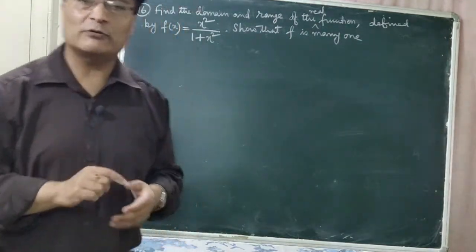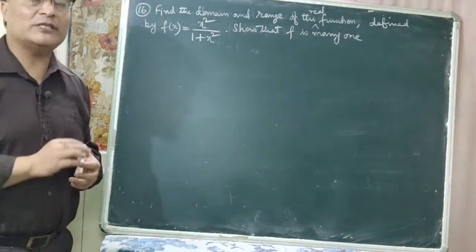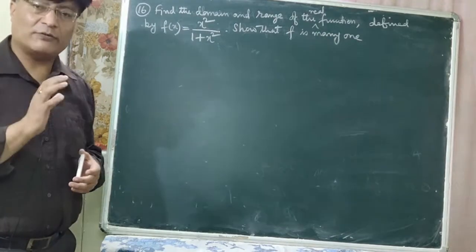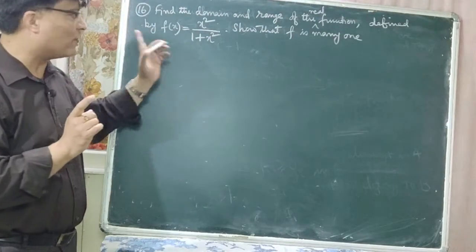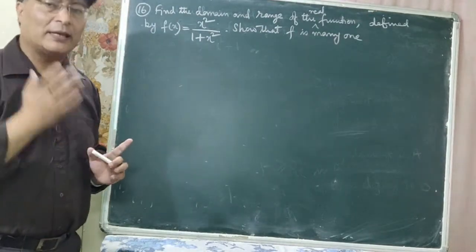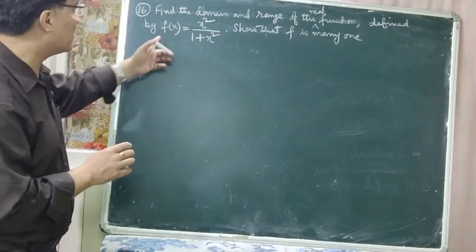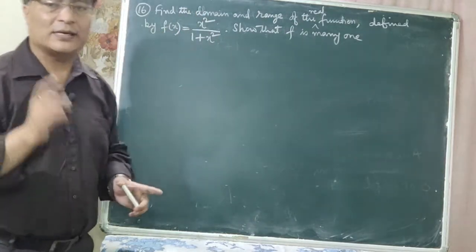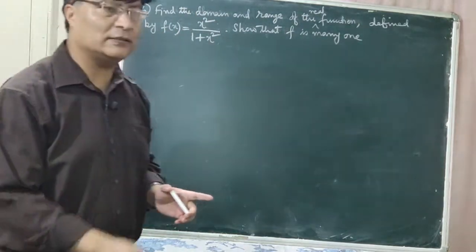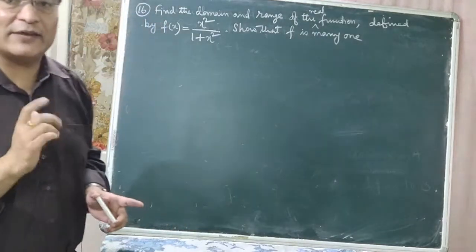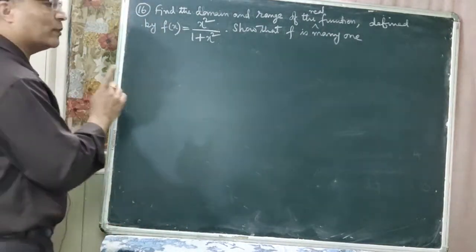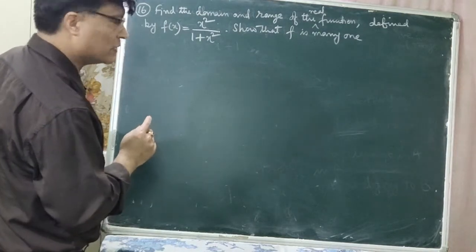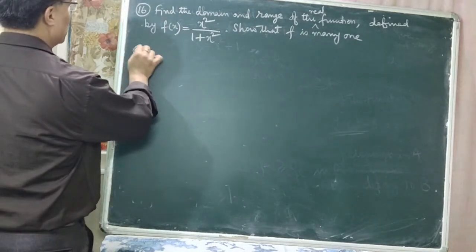Domain means you have to find out those set of real values of x for which f of x is defined, that is your domain. And for range you have to find out those values of f of x for which x is defined. Is that clear? And you have to also show that f is many one function. So let us find out the domain and range of the real function first. Okay, so here given is